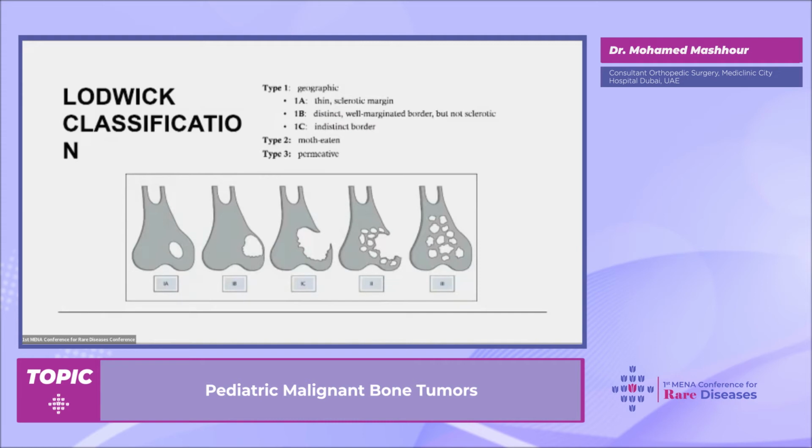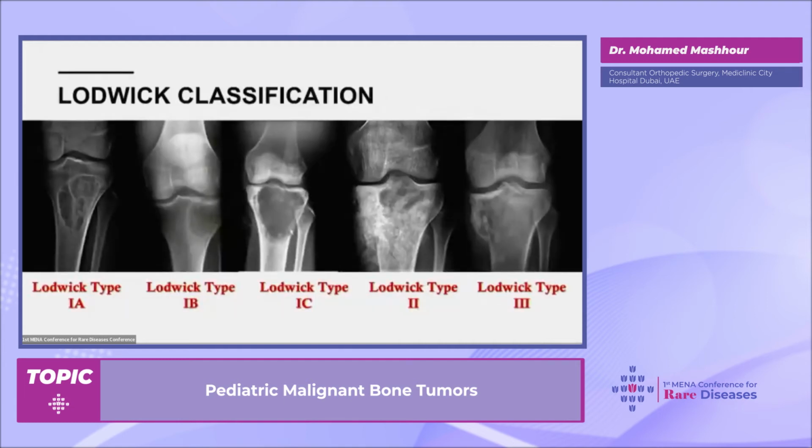Type 1 is the sclerotic or the geographic pattern of bone destruction. What do you mean by geographic? Like a map. You can draw it with a pen, but it has either very thick sclerotic wall, which indicates a very, very slowly growing tumor, or distinct, well-defined, but not very sclerotic, or indistinct, but well-defined. Whereas type 2 is the moth-eaten type, which is a characteristic of malignant tumor. There is no pattern of the tissue itself, osteolytic, osteoblastic areas, and the permeative, where you don't know where the tumor started or ended.